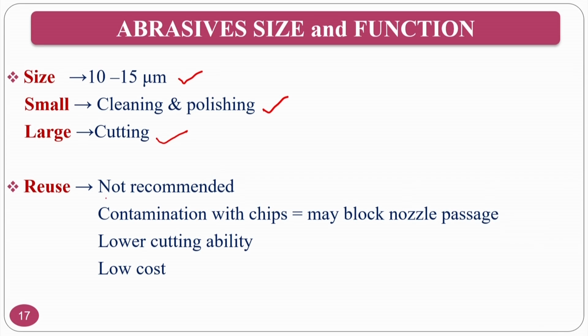Reuse is basically not recommended, because the abrasive will be contaminated with chips and may block the nozzle passage, and it lowers the cutting ability. That means, assume that I have an abrasive particle like this with a very sharp edge. Whenever you use it the first time, the sharp edge may remove the material, but when you use it a second time, what will happen? It will become blunt